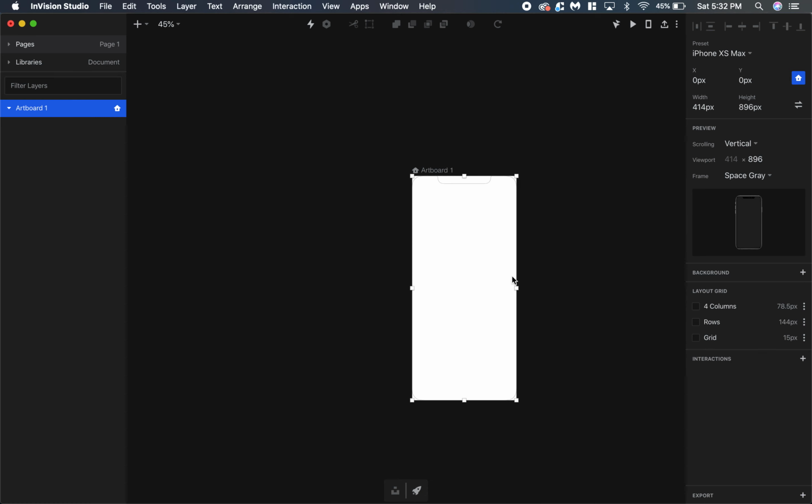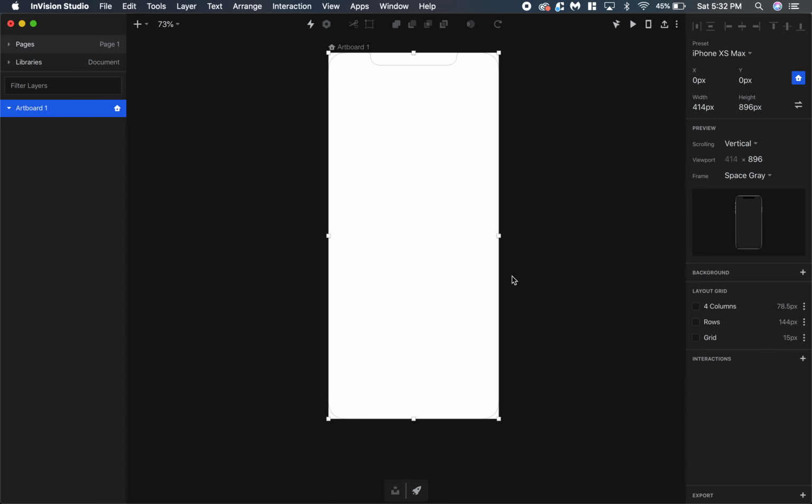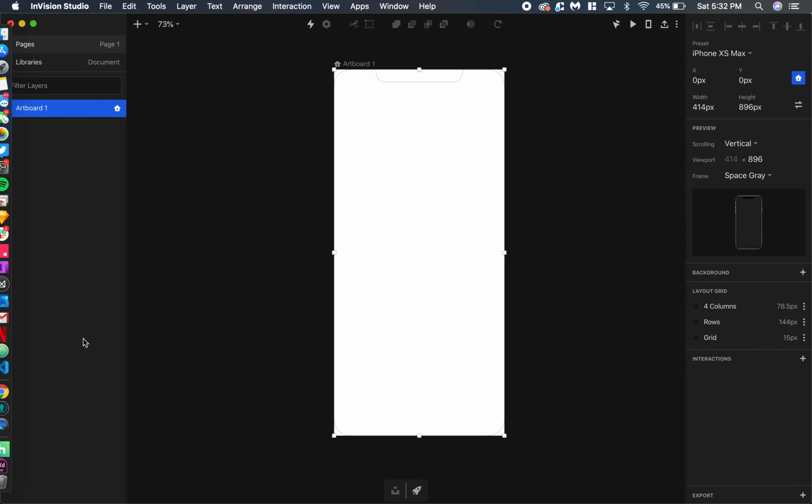Like I showed you guys last time, the left panel is for the artboards and your layers. This is your central screen for your design, and over here you have the properties, right? One thing that you guys should see is this little rocket ship, and